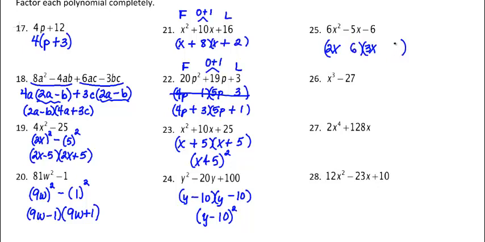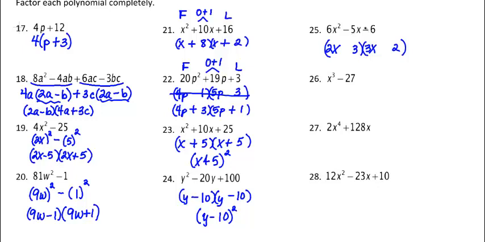If we put the 6 and the 1 here, the outer is 2 and the inner is 18, which does not give us a 5. So we know that combination of numbers does not work. Let's try 2 and 3 then for factors of 6. We would have 6 and 6, which gives us 12, not 5. And so let's put the 3 and the 2. So then we would get a 4x and a 9x, which will give us a negative 5x if we arrange